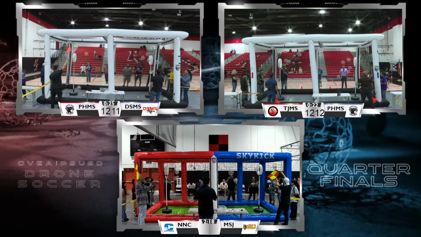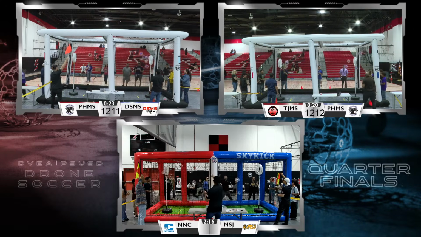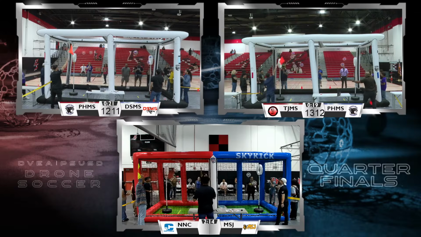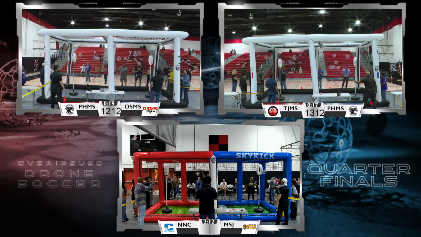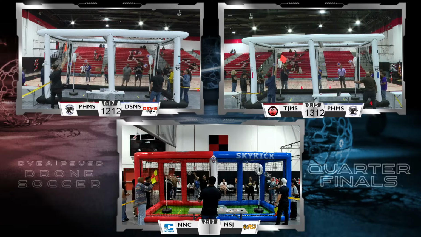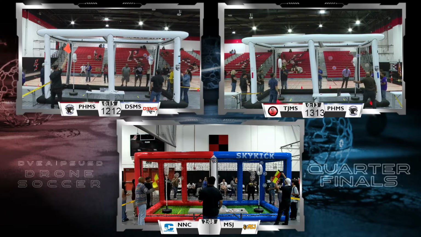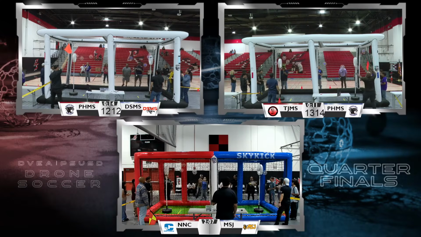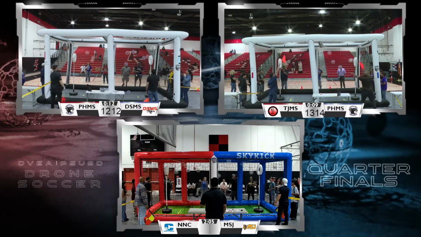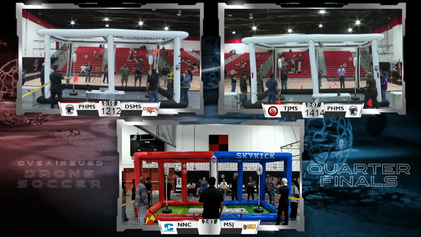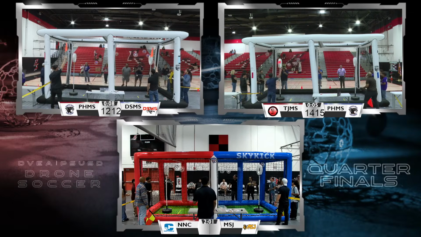Now those scores will go to the judges for the final score, making sure that there are no penalties that were incurred. So I'm going to hold off on repeating the scores. It's coming down to the wire. Both teams are point for point with less than 10 seconds left to play on either team. Very tight game, so judges will have big responsibility to make sure that those scores are right.